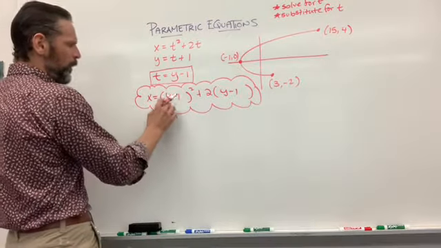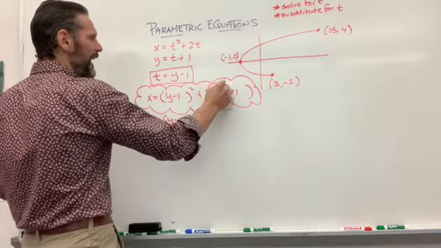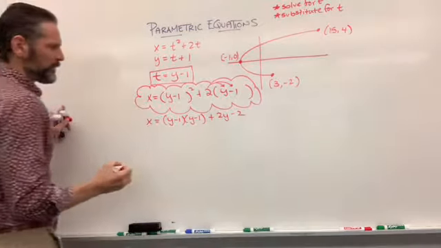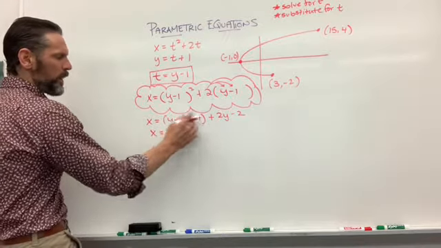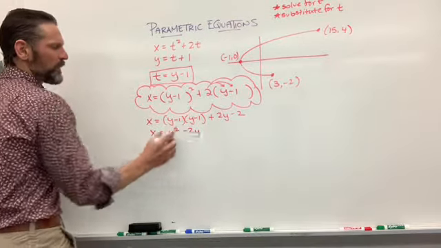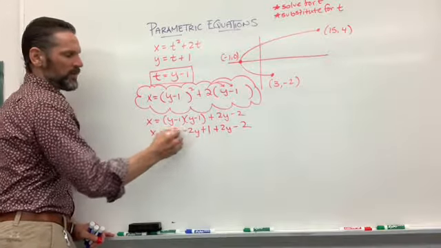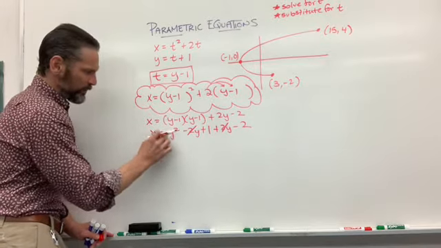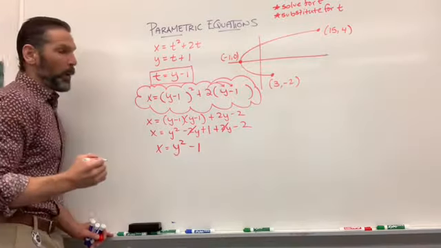I understand that y minus 1 squared is y minus 1 times y minus 1, and that I can distribute this out to give us plus 2y minus 2. Now, if I FOIL this, first outer inner last, I get y squared minus y is minus 2y. Negative 1 times negative 1 is plus 1, plus 2y minus 2. I recognize I have negative 2y and positive 2y. If they've been good little 2y's, they go off to number heaven. And I'm left with x is equal to y squared plus 1 minus 2 is minus 1,